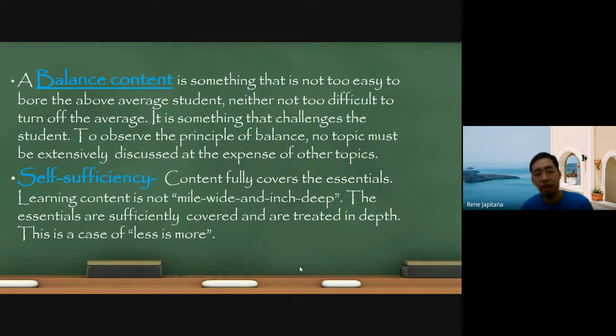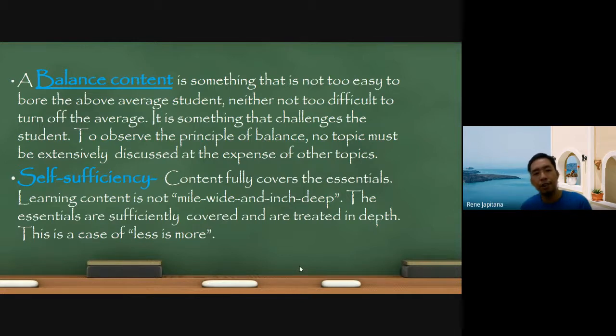That is why we need not to practice the mile wide and inch deep. In our vernacular, napaka mile wide. Maraming natapos sa topic. Naubos natin ang topic sa isang linggo. Sa isang grading period, we were able to finish it in an early time. But because of that, we also compromise the quality of learning of our students. So that is inch deep. There is not that quality that we could offer to our learners.